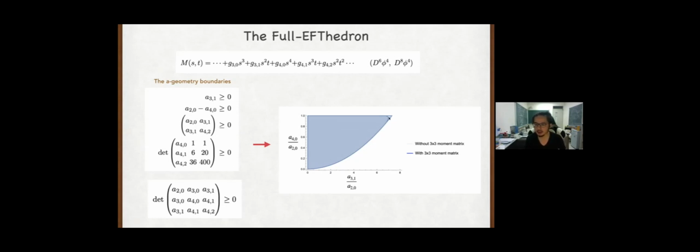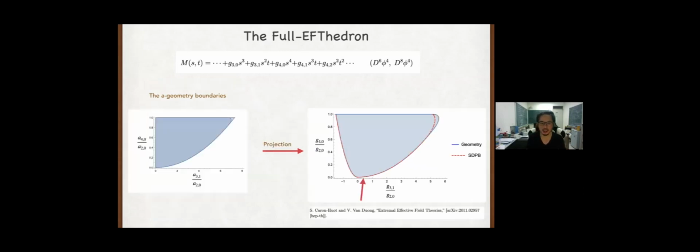You have two differences. The only difference is the additional implementation of the largest generalized Hankel. So this is a space carved out in the A geometry. I rotate, project, and then after the projection you get the G geometry, which looks like this finite space. Now you see that this red region is